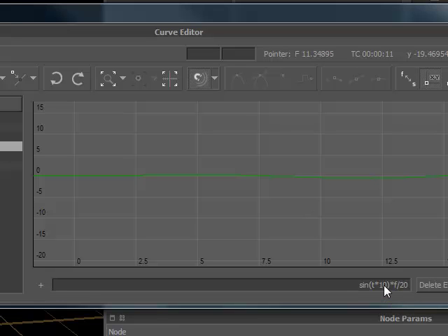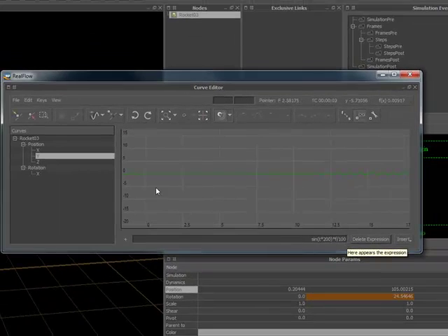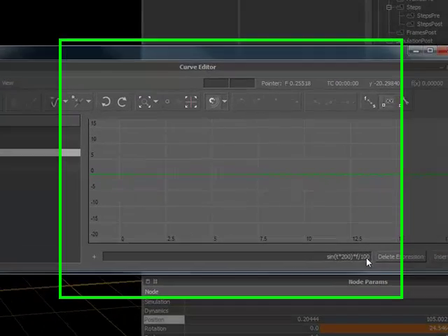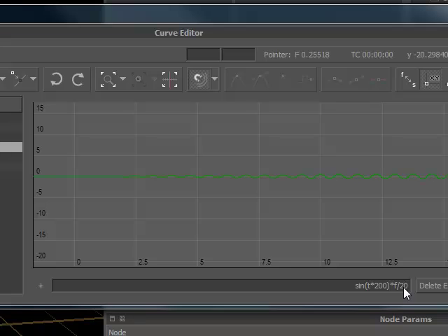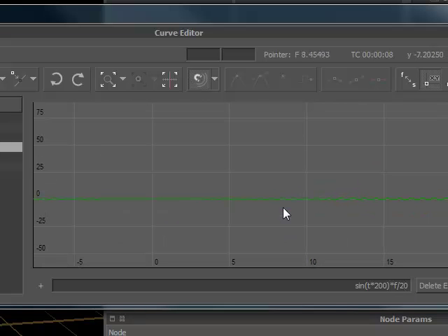So let's make it more interesting. Let's put in 50. Let's put in 100. And here, let's put in 100. Oh, looks good. And then you see that this is a sinus curve,